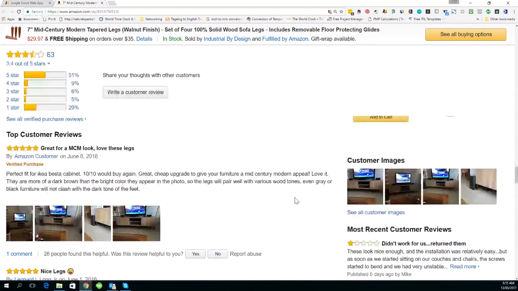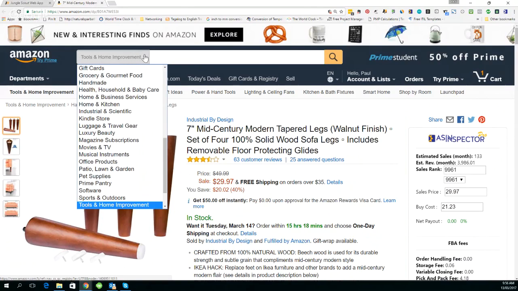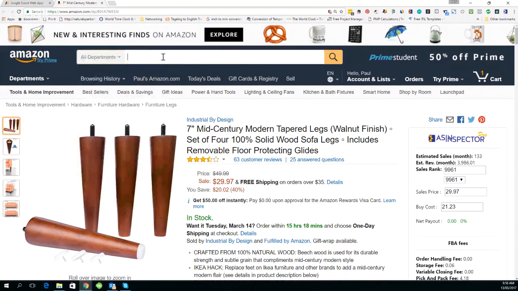So anyway, let's go back to the top. And let's have a look to see if this is a potential product we can put on a shortlist. So let's have a look at the keyword here. We're going to be doing sort of furniture legs, really, aren't they? Yeah. Well, it's strange that they haven't even got the furniture legs in the title, and they're selling 5,000, and they've got less than 100 reviews. So, hey,